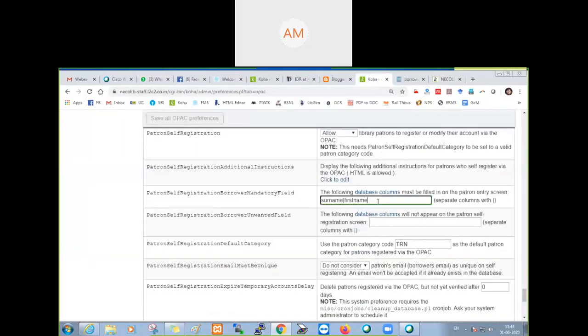First name, surname, you have to give separately. You have to separate the columns with a pipe. The pipe symbol is something you will find with the backslash. See on the screen, it is something like this. This is the pipe symbol.